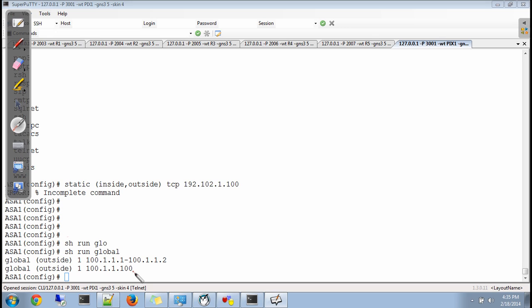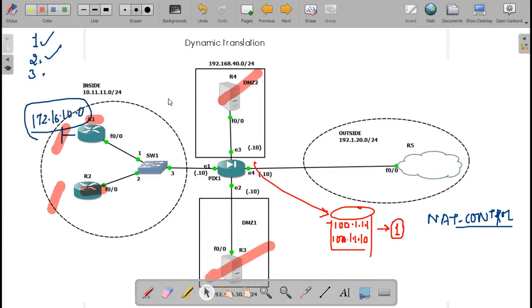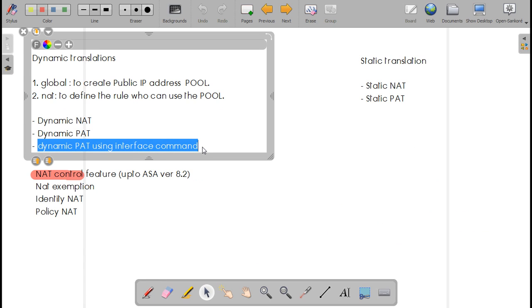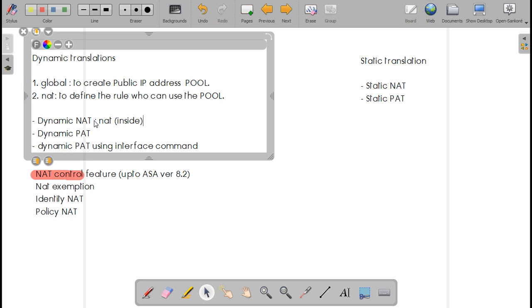This same thing you can do using the interface command as well. I've shown you here. So for this rule, what did we do? Could I write down here?